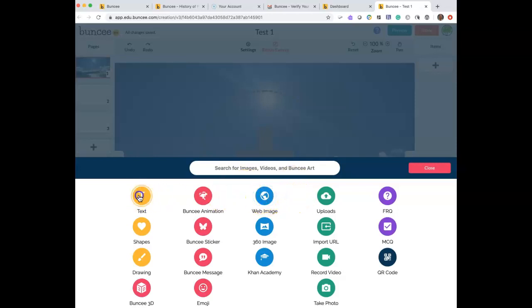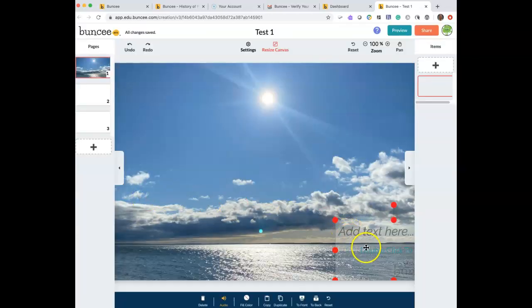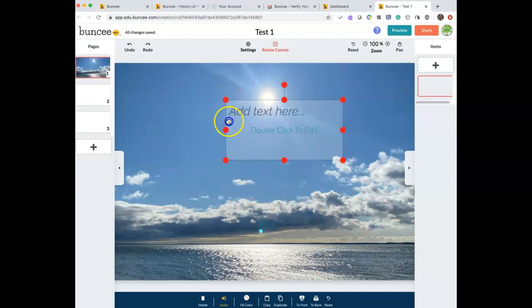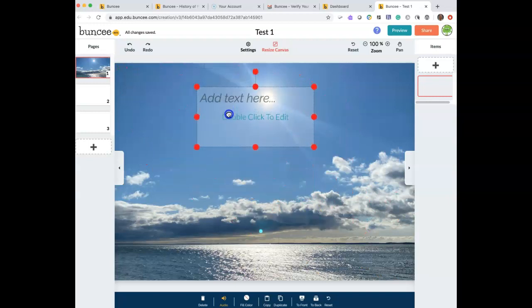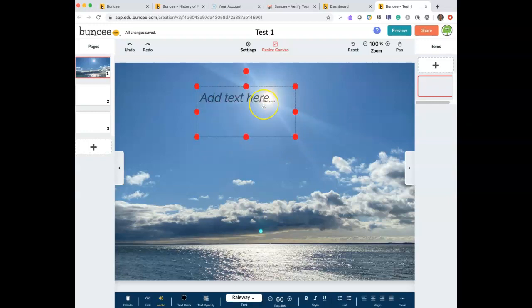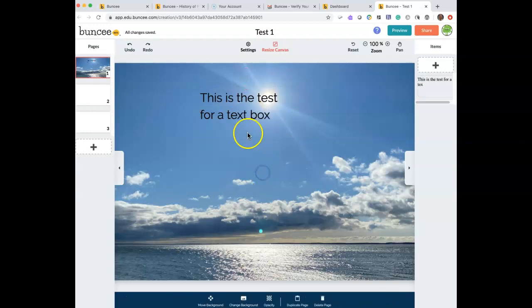So let's start off with a text box. I have my text box here. I can click and drag it and put it anywhere I want to. I can drag any of these points, make things bigger, smaller, whatever I want to do. And I double click in. Do whatever I want with the language. You have all kinds of different things that you can do as far as